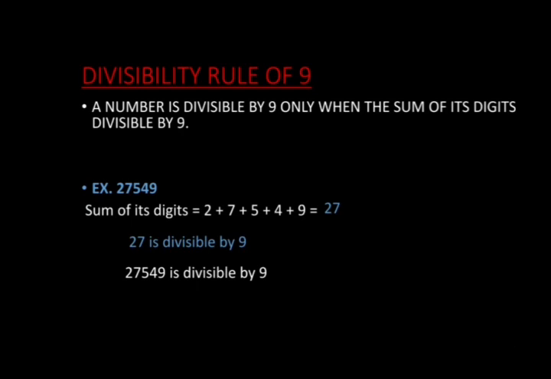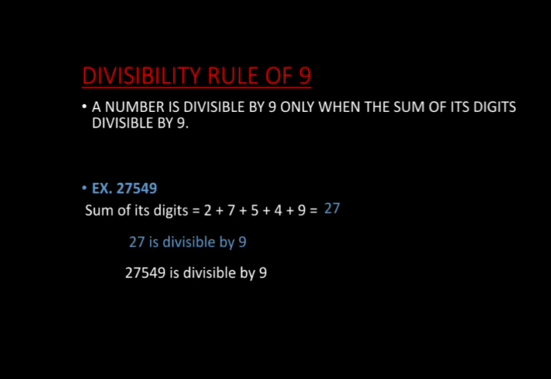One difference we have, all the numbers which are divisible by 9 are divisible by 3. But the numbers divisible by 3 are not divisible by 9. Example, if I take 3, 3 is in the 3 table, but 3 is not in the 9 table. Correct. But 9 is in the 3 table. All the numbers which are in the 9 table are divisible by 3.